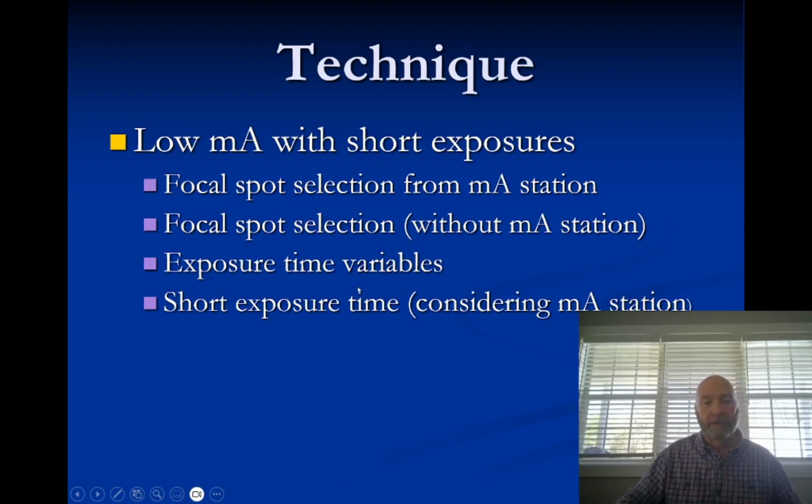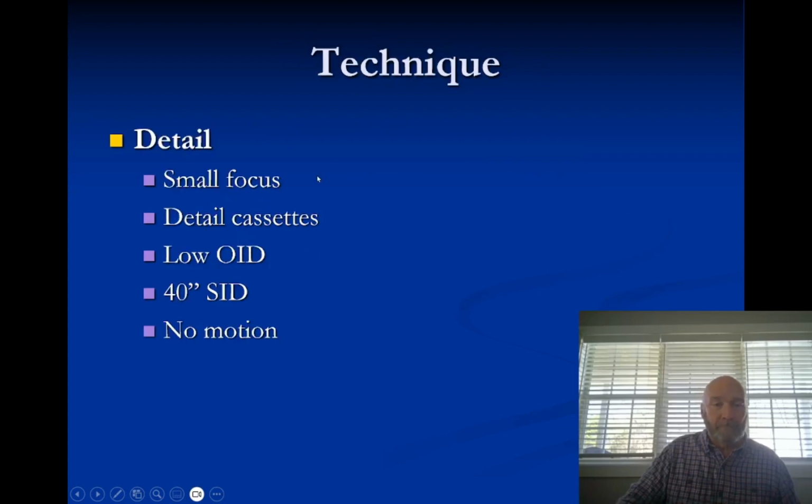Exposure time variables, just to get your mAs. You want to utilize as short an exposure time as possible, considering the mA station that you're going to use. So you want to use the highest mA station possible and still be able to get your small focal spot. Small focal spot detail cassettes are really not a thing anymore. Your OID should be very, very low because you should be shooting tabletop. So if you can pull the image receptor out of the table bucky and put it on tabletop, then your OID decreases and your sharpness of recorded detail increases, and your SID is 40 inches,